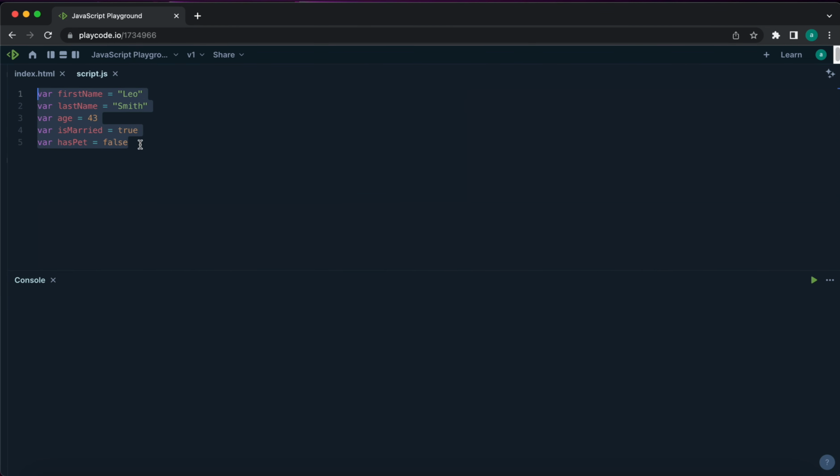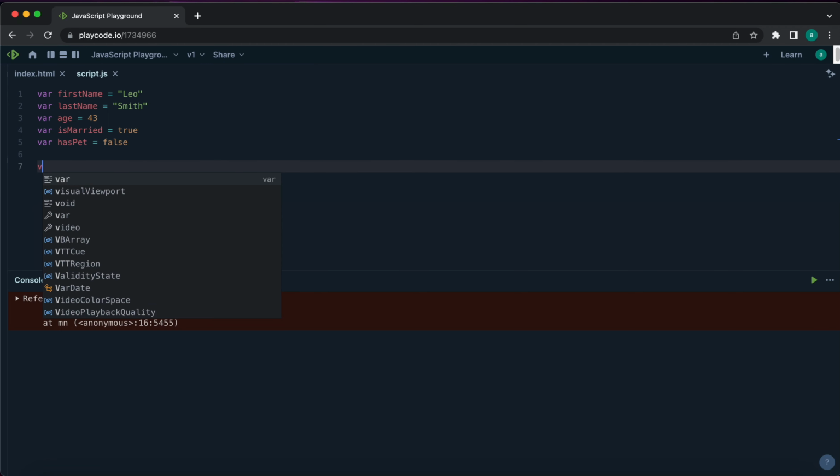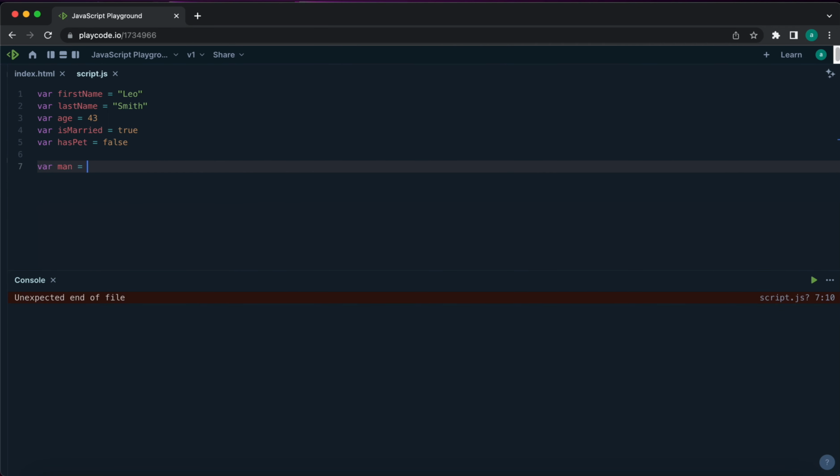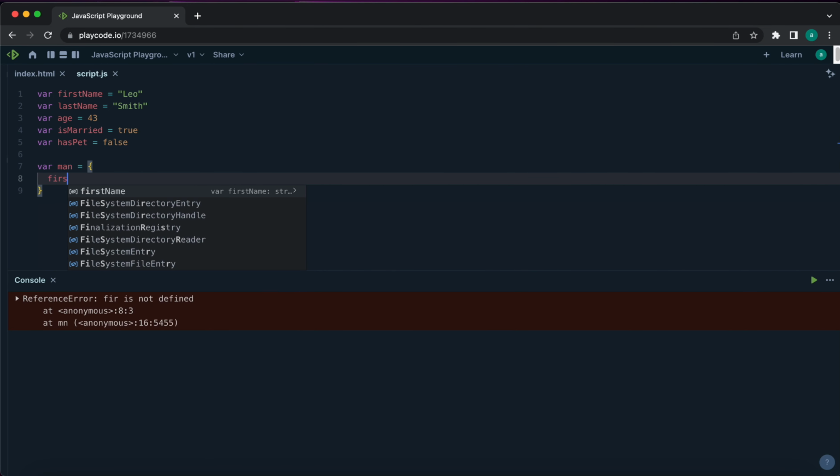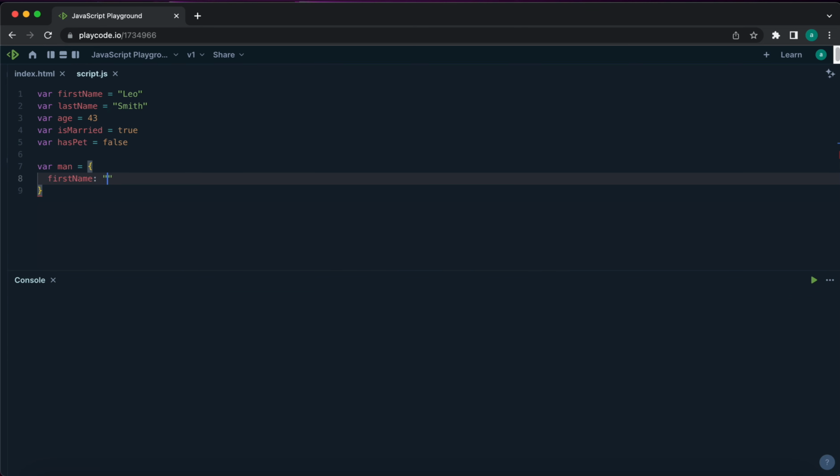Is there an approach better than this? Of course, there is. And this approach is called an object. Let me show you. You can just create one variable, var man equals an object. An object is like this: 2 curly brackets, and inside this object you put the property and the value. For example, firstName equals Leo,